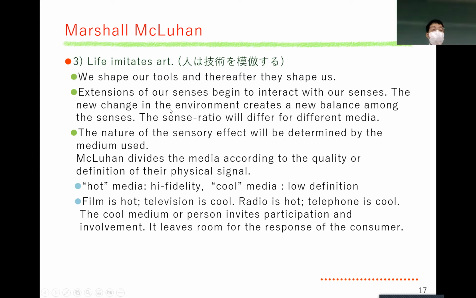And the new change in environment creates a new balance among the senses. And the sense ratio will differ for different media. So this is what McLuhan mainly wants to say. The nature of the sensory effect will be determined by the media used. McLuhan divides the media according to the, sorry, before this, I have to say that,